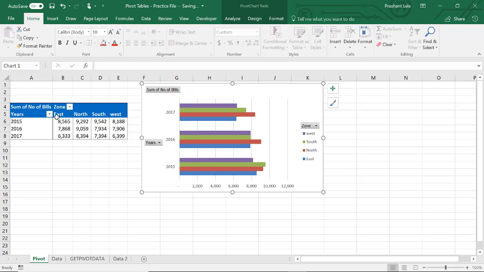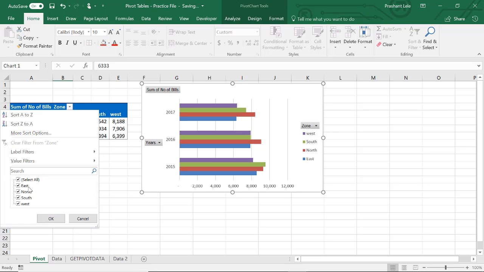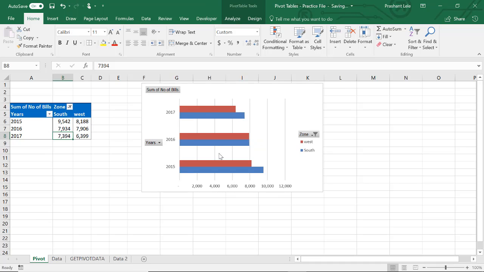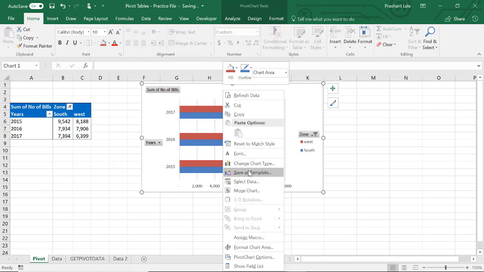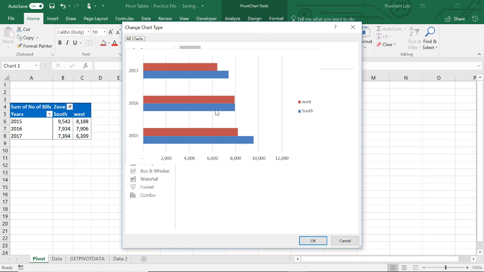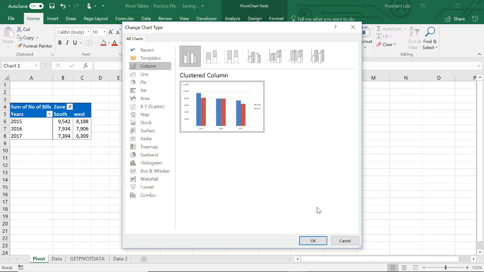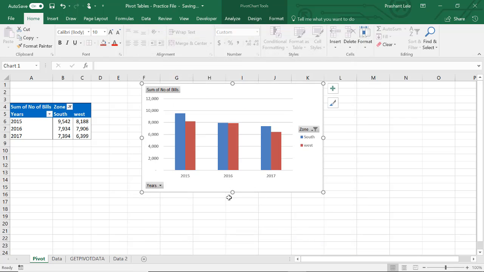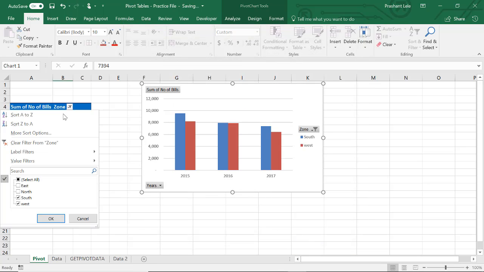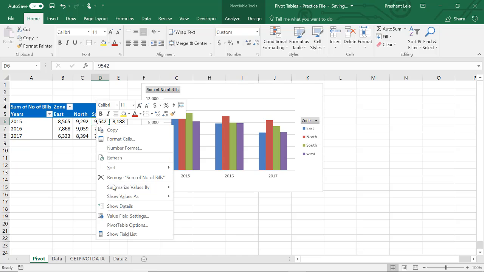Okay. If you make any change to your data, it will immediately reflect here. Just like I am just filtering out east and north. So from data also east and north will disappear. I am just switching back to column chart because it is easier to follow. Okay. If you are adding any new values to your pivot table,